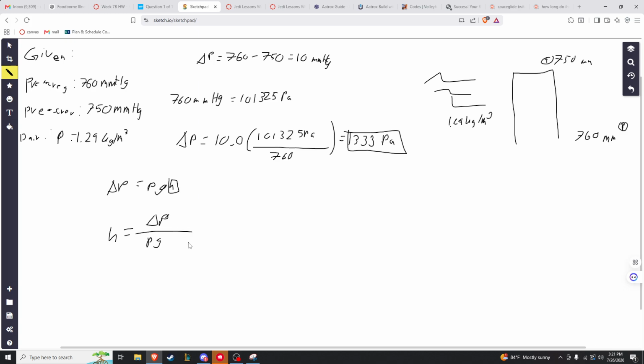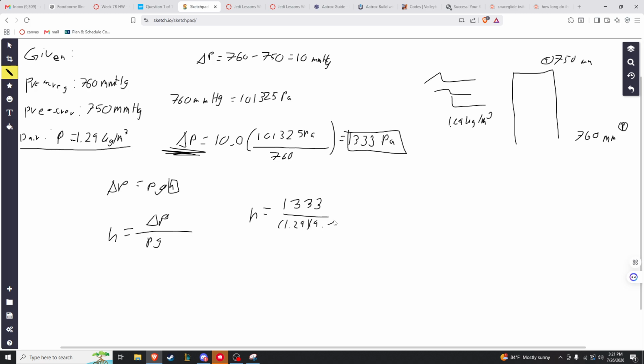That's what we got. And all we got to do from here is just plug in. So H is equal to 1333 pascals, because that is what we solved for here, over 1.29, which is the density of the air right here, and